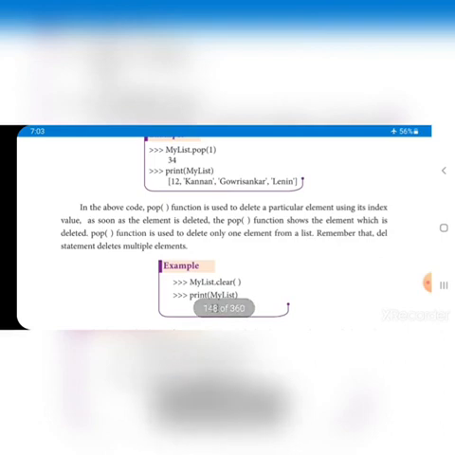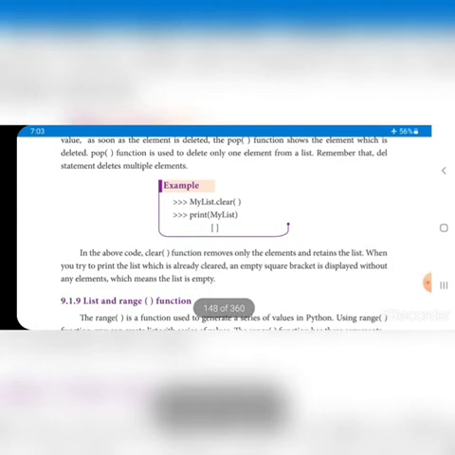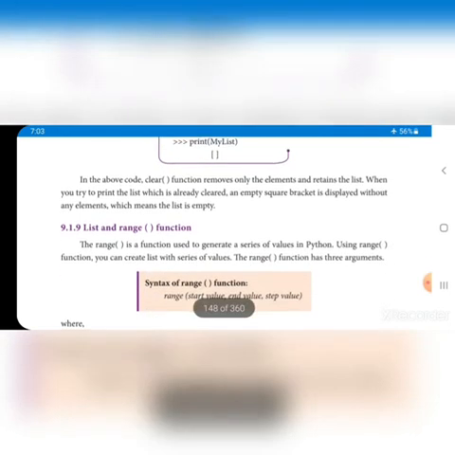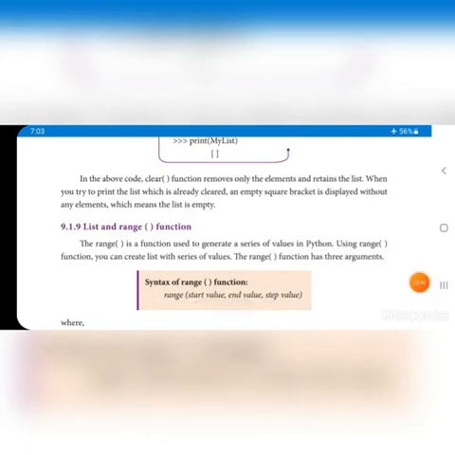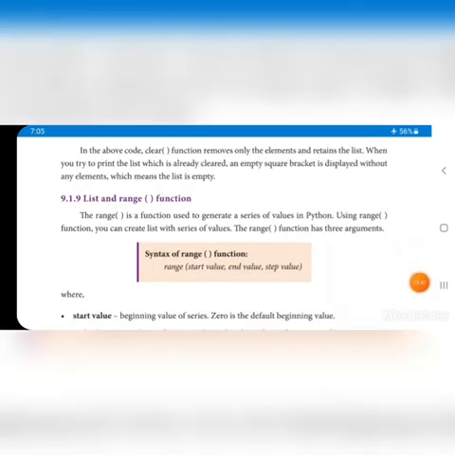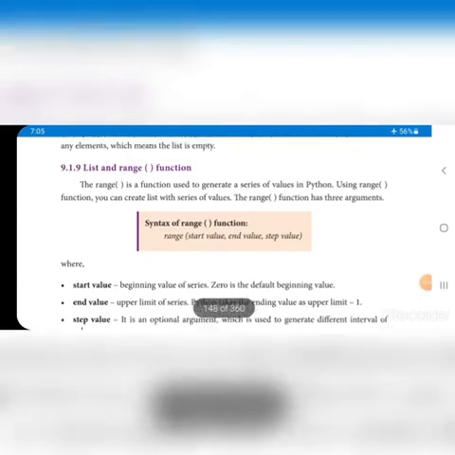And then if we use the clear function, all the elements are cleared from the list. If we print the list, it is empty, only the square brackets are displayed on the screen, right?